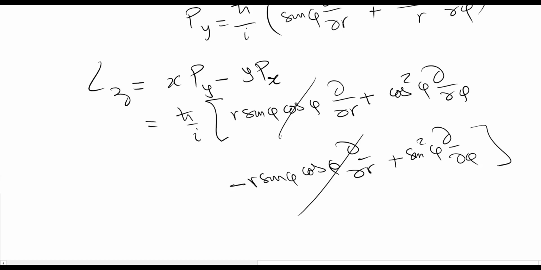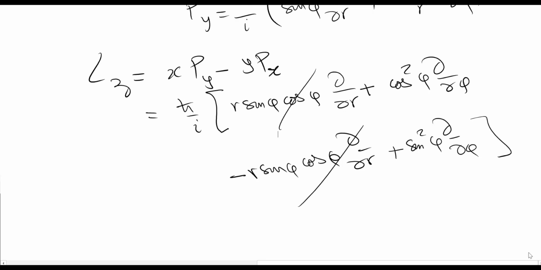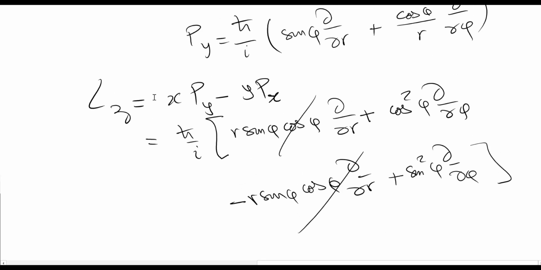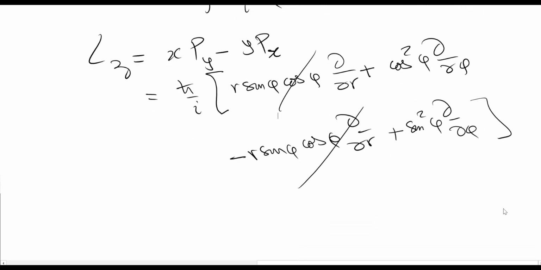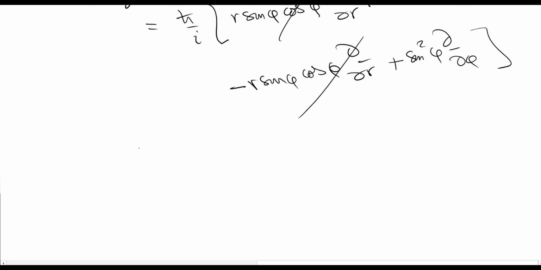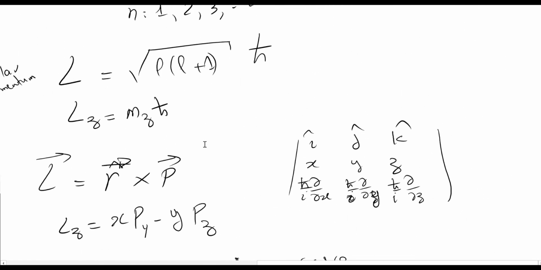Okay, this cancels, and it's very important, because even in the case when r is changing, this term cancels, and that's very important, because this is LZ in general, regardless of whether or not you have a particle that is traveling on a circular path basically and restricted to it, or a particle that can travel anywhere. So the angular momentum in the z component, where we are going to apply the magnetic field, does not depend on the radius, and the cos squared plus sine squared is 1. So in the end, the angular momentum LZ is simply equal to h bar over i, the partial derivative with respect to phi. If you take B equal to 0 again in that expression,